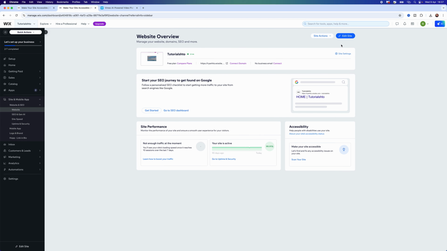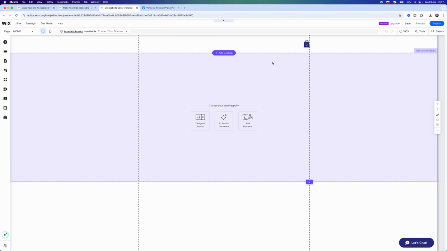Now once you do this, you will then be able to click on edit site in the top right hand corner. And then once we click on that, you will then be redirected over to this page. And what we want to do is we want to go to the top left hand corner, click on add elements,